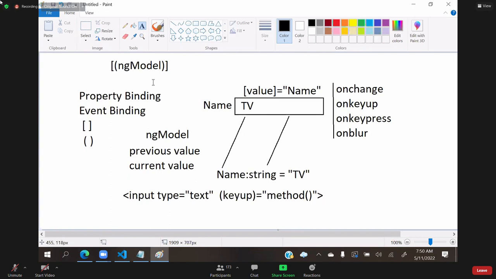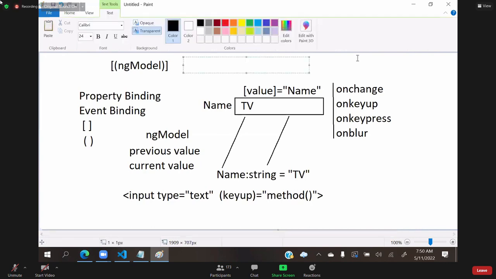That means you created an Angular project. In that project, by default, ng model is not available. ng model is available in a module called forms module. ng model is available in a forms module. So in order to use this, you have to import this module. And this forms module is present in a library called Angular Forms